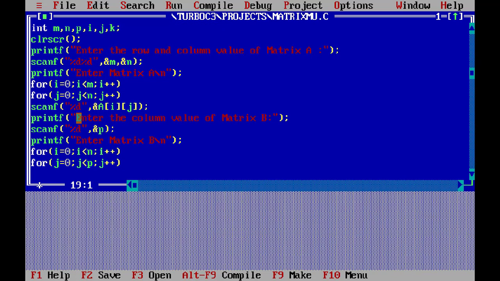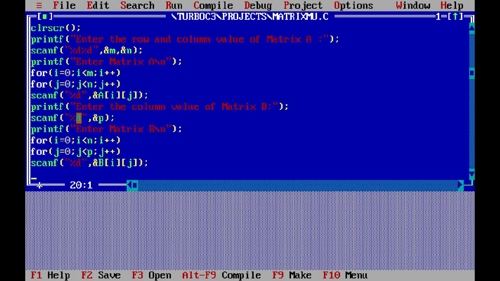Here I am reading the values of matrix B. %d is used for reading integer input values, and &B[I][J]. Mind it, for reading array values with scanf we also have to use the ampersand. The ampersand should be used for reading any sort of values with the input function scanf.